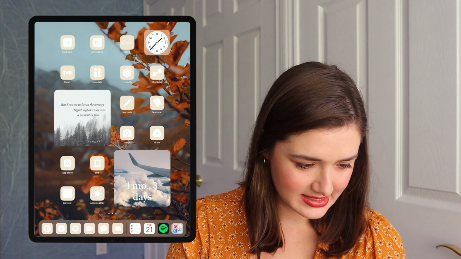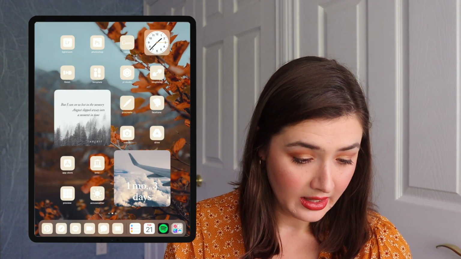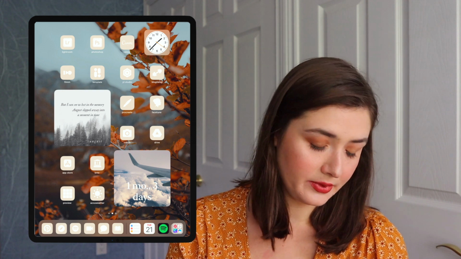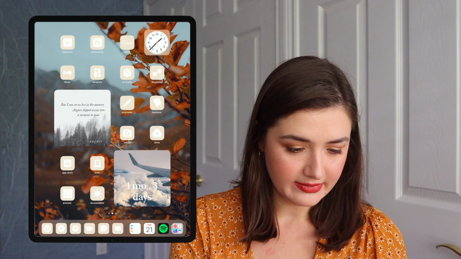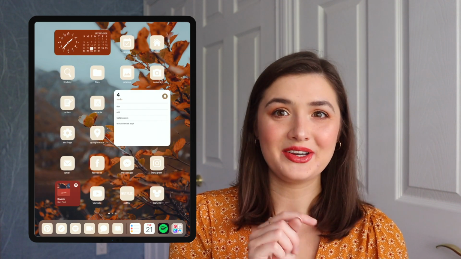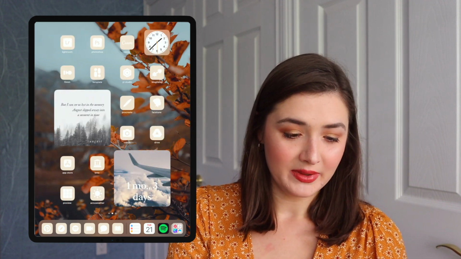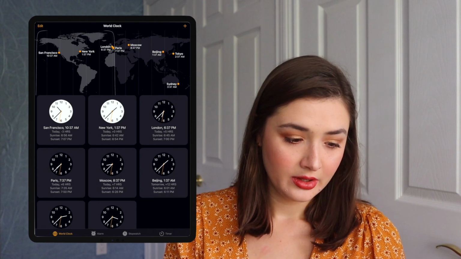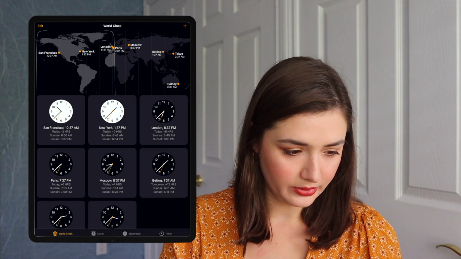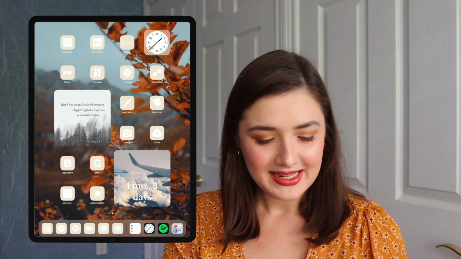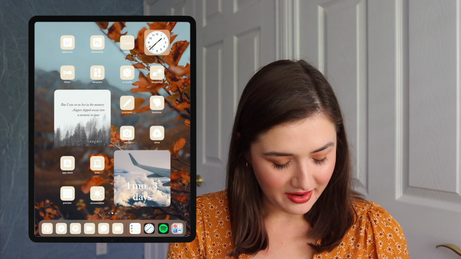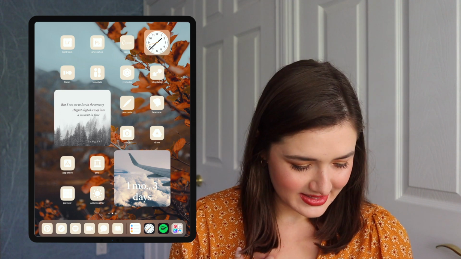So yeah, and then this is the second page. I got a lot of my photo editing stuff, Lightroom, Photoshop, things like that. Canva, of course. And then I don't have, like I said, the clock doesn't go to a clock app for your calendar app, but this one does. It is an Apple clock, so it'll bring up your world clock and your timer and all that stuff. So I left that at the top right, and it's black and white, so it does match my August quote from Taylor Swift that's in there.